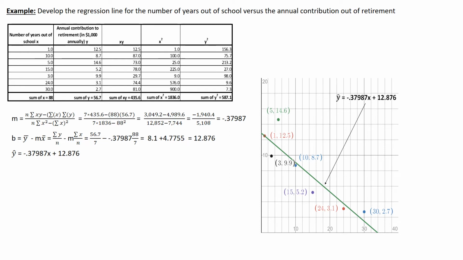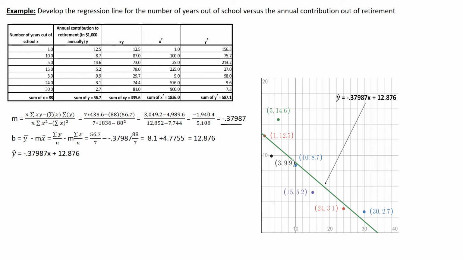And I get a slope here of negative 0.37987, which means it's going to be a negative slope. It's down and to the right. And I look at this, the data is pointing that direction. Again, this is the best fit. In fact, it only touches 1 point, but it's the closest combined in terms of each individual point on the